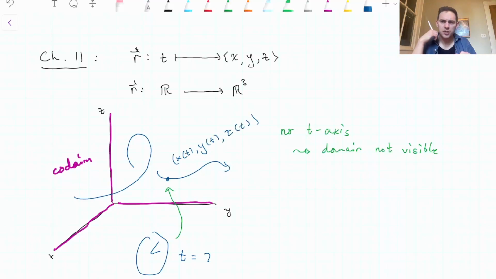So we actually had to do quite a bit of work here in order to figure out what calculus looks like when the domain isn't visible. We had to talk about this kinematic idea, velocity, acceleration, and then there were these geometrical ideas, curvature, tangent, normal directions, and we had to tease out how to separate those two things now that the domain was not explicitly visible as part of the portrait. So from one input to one output, to one input to several outputs,